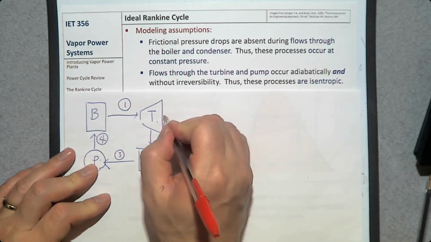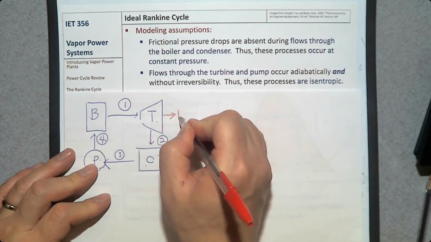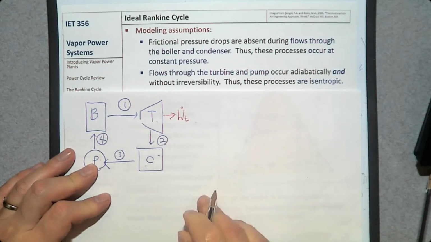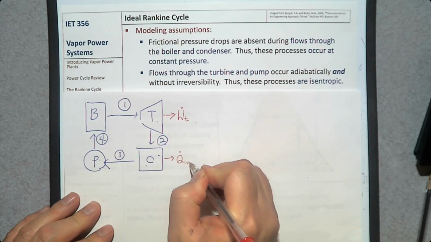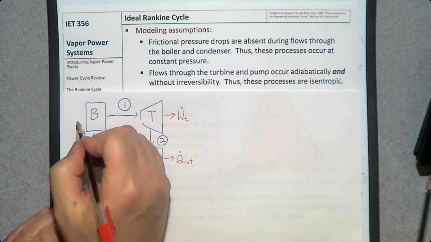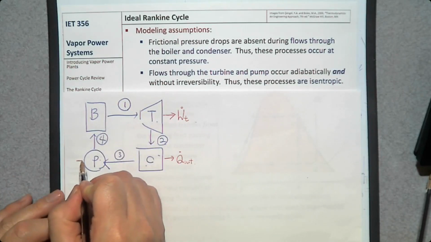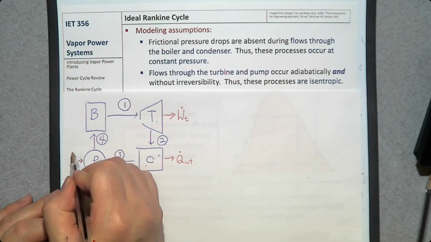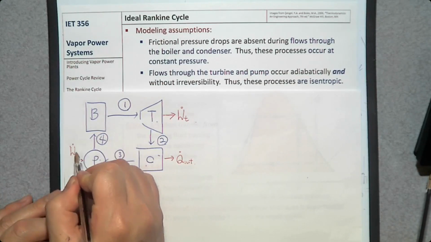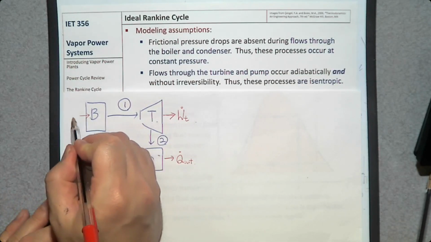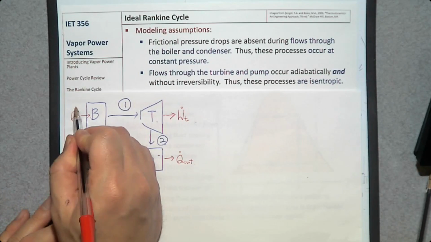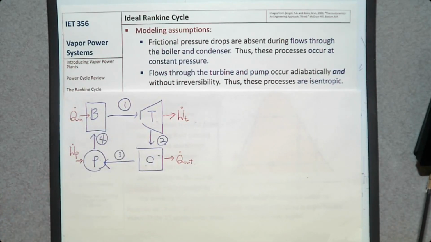And we produce power, turbine power, and we reject waste heat, Q dot out, in the condenser. We consume pump power, W dot P, by the pump, and in the boiler, there is a heat addition, Q dot in. So this is a typical Rankine cycle, and our assumption is going to be